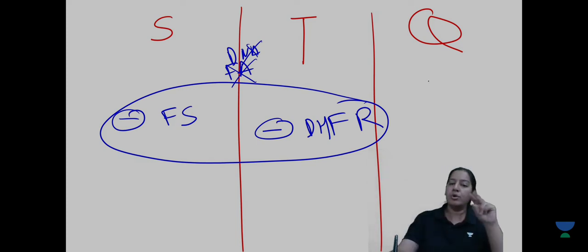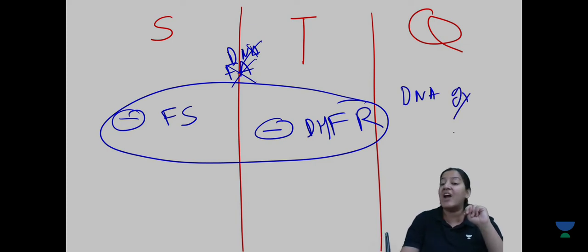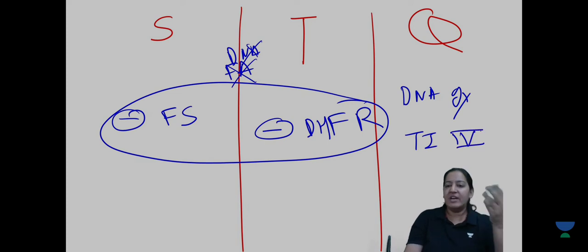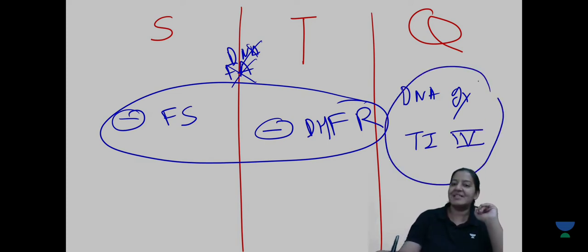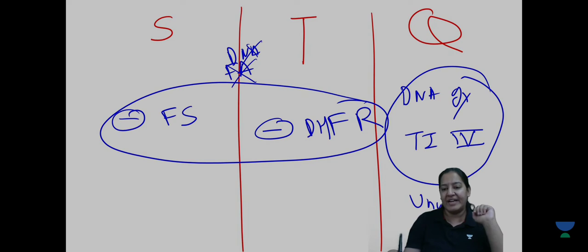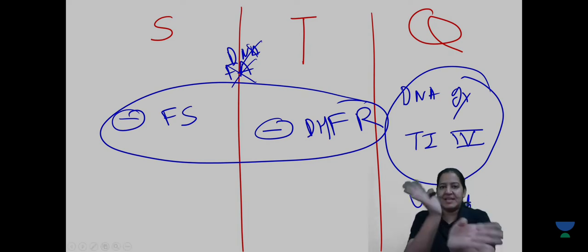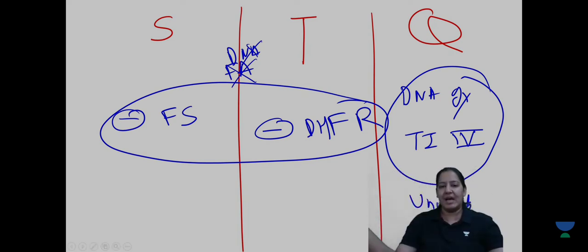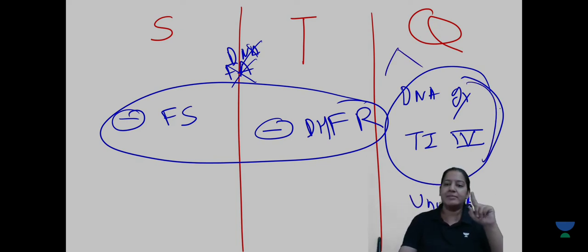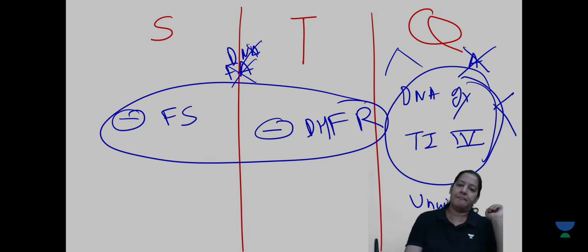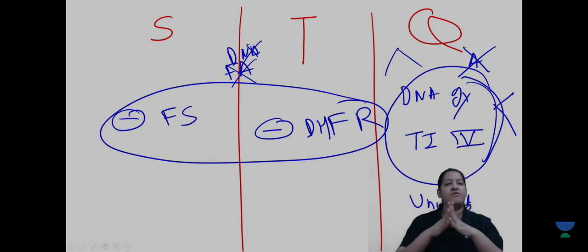What about quinolones? Quinolones inhibit 2 enzymes. Either they inhibit DNA gyrase if the bacteria is gram negative, or they inhibit topoisomerase 4 if the bacteria is gram positive. Both these enzymes are required for unwinding of the 2 strands, the leading and the lagging, of the DNA. The first step is unwinding, so both these enzymes are used for unwinding. Both these enzymes have subunit A and subunit B. It is subunit A which is inhibited, not subunit B, so the nicking and sealing function is not done. So that is the specific mechanism of action of all 3.